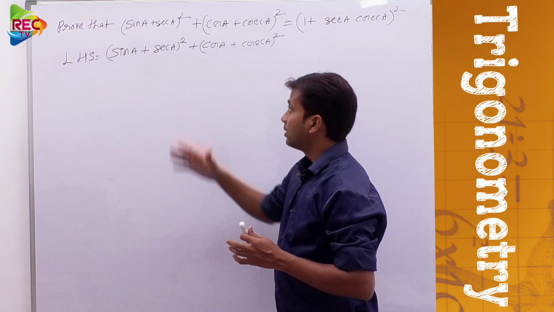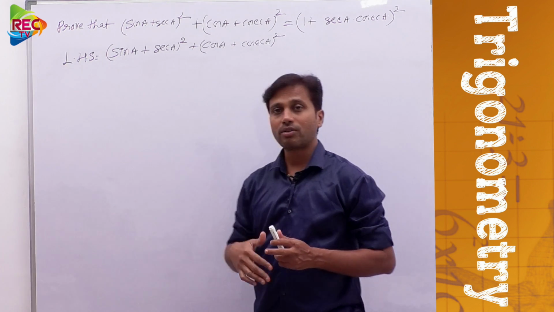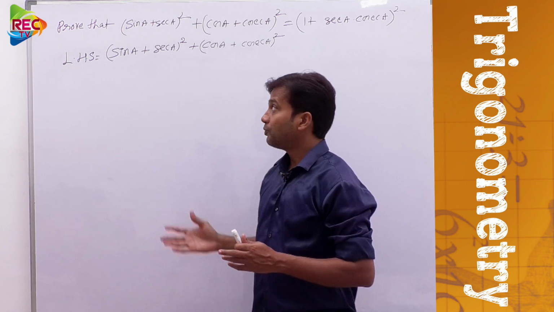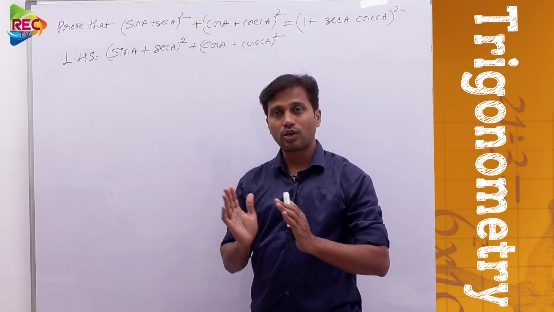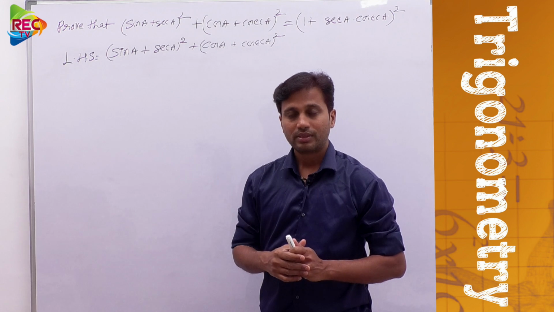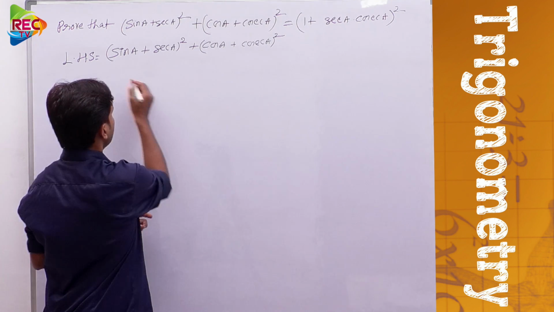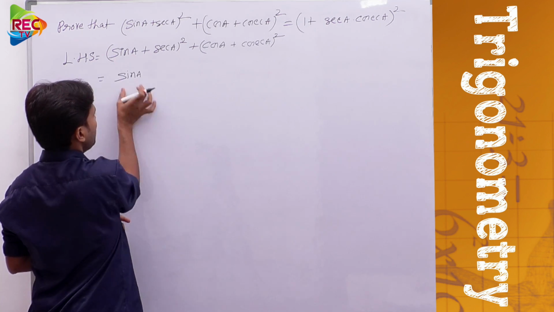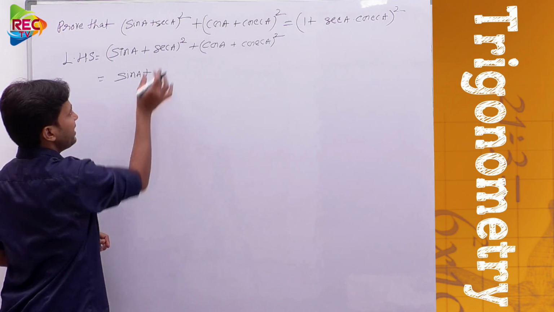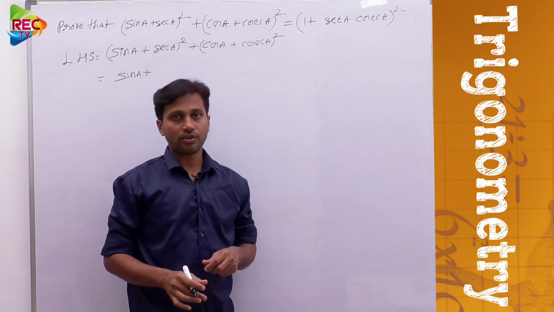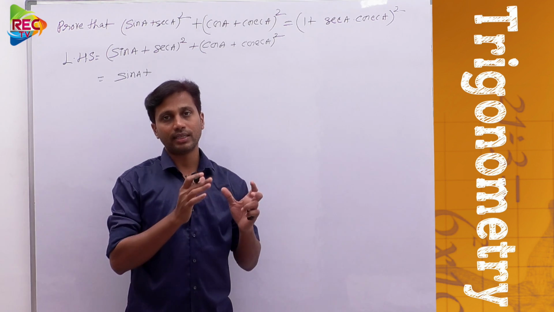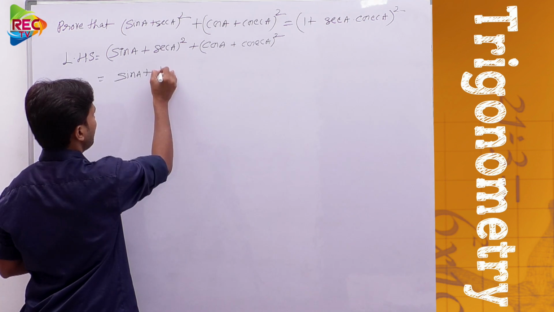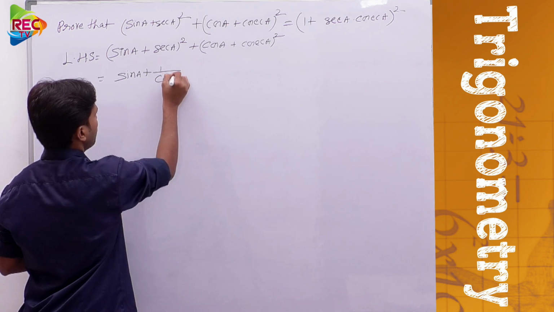See here, this expression is looking somehow clumsy. To make it easy, what we have to do is convert all the terms into sine and cos ratios. This is sin A. Now next, secant A can be converted to what? 1 by cos A, or not? Because secant theta and cos theta are reciprocals of each other. So we can write this secant A as 1 by cos A